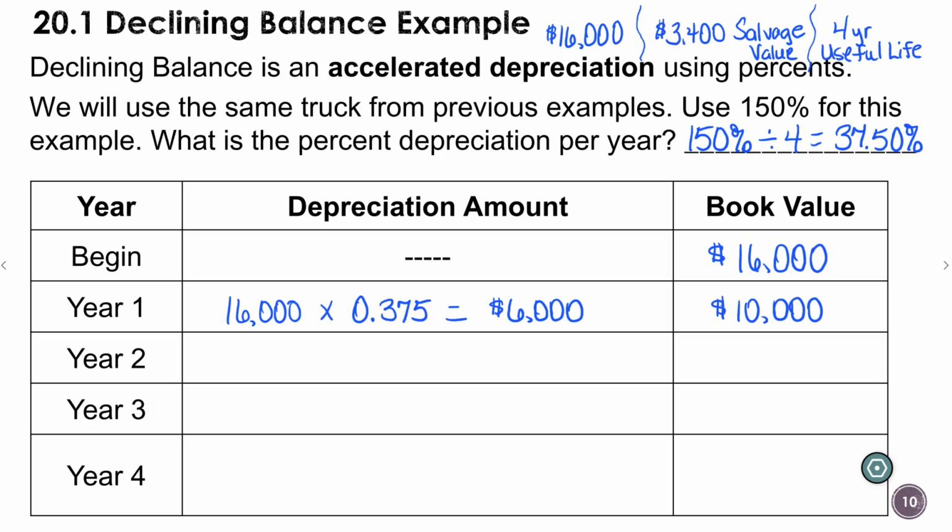For year 2, we're going to use $10,000 and multiply that by our percent. So for year 2, our depreciation is $3,750, which would make sense because we're multiplying 10,000 here by the 0.375. Okay, so we subtract that from $10,000, and that leaves us a value of